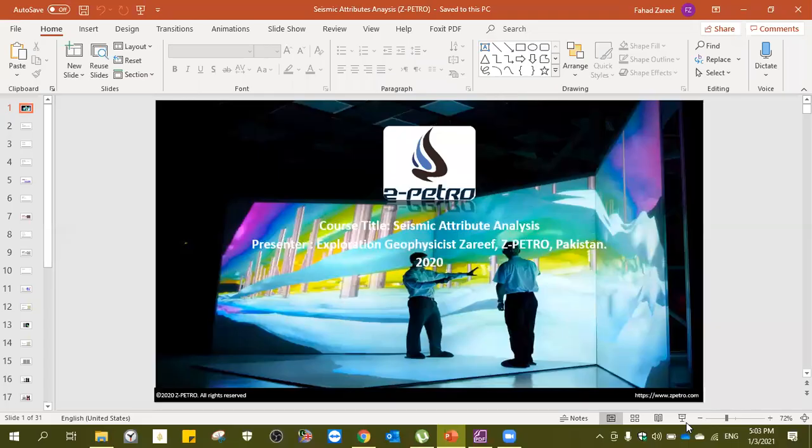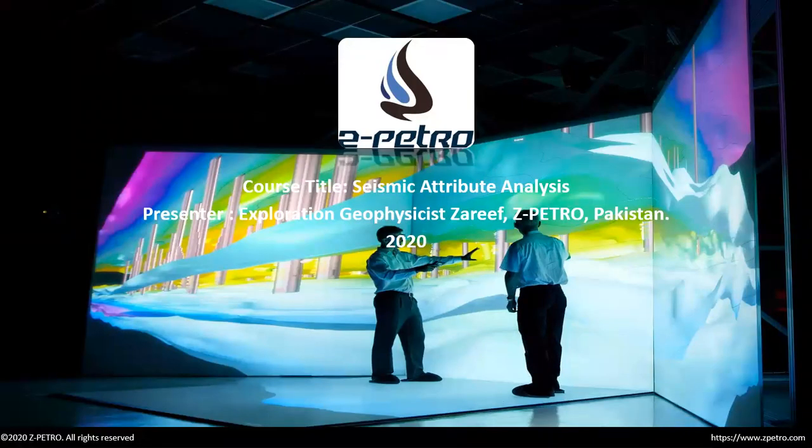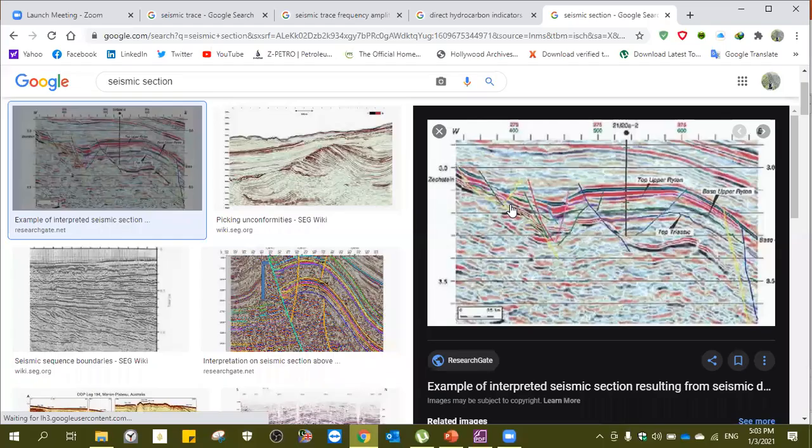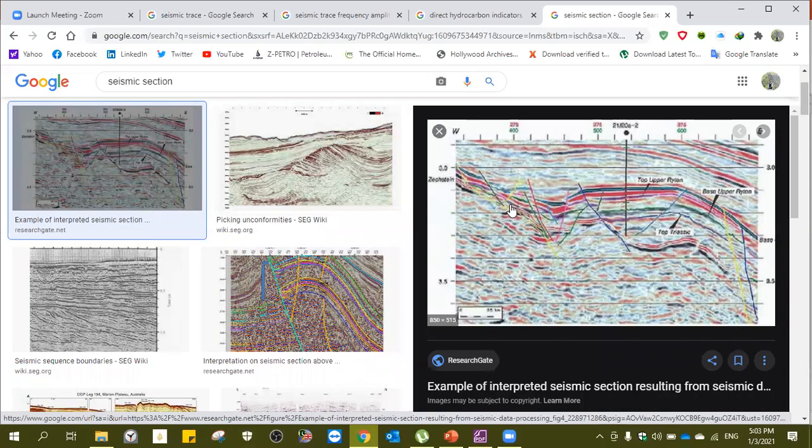Today's session is basically seismic attribute analysis. This is the technique from which we can explore hydrocarbons within the subsurface. Before we start, I am going to show you some images. If you have any data set related to 2D seismic or 3D seismic, or